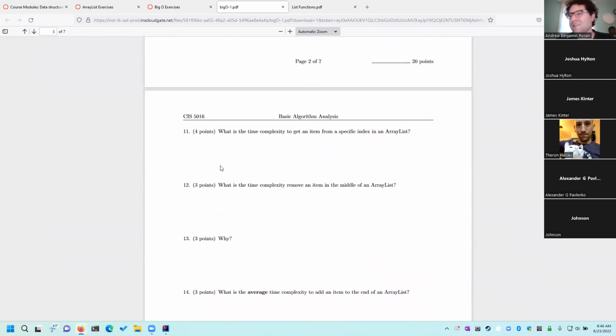And basically, I'm asking you what the operations for our data structures are going to be. Typically, when we are dealing with our data structures for the first couple modules, we will be dealing with things that are only constant time, linear time, or quadratic time. So O of 1, O of n, and O of n squared.